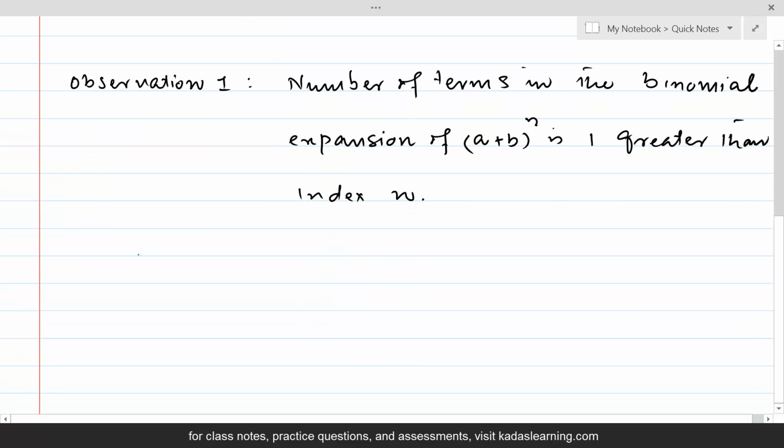And the example of this is, if you want to take a look at this example, if